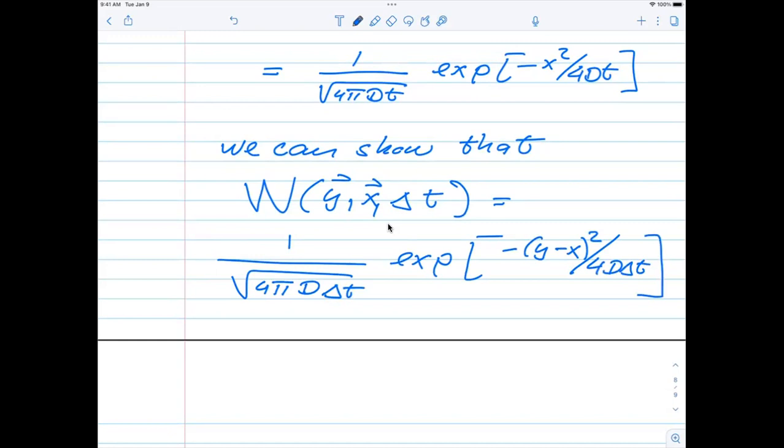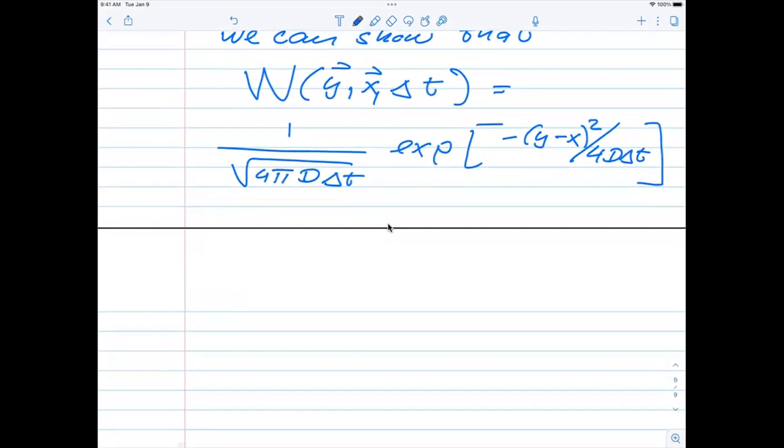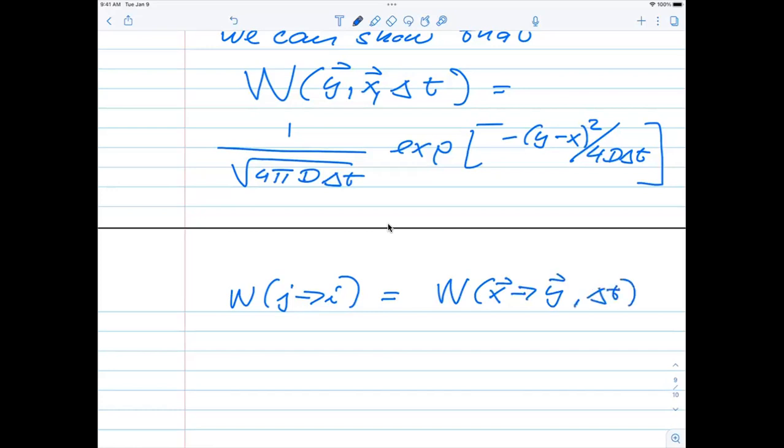So we could actually make a model for this transition probability. So that means that what we could say now is that this transition probability, j to i, in this time step, is now given by this probability of making the move from x to y in a time step delta t. And this probability distribution is now given by the quantity which we see here. So this would be the solution of the diffusion equation as it stands with only the diffusion term. So this is the solution either for the transition probability or the diffusion equation,